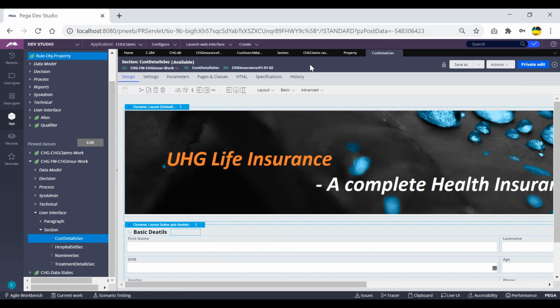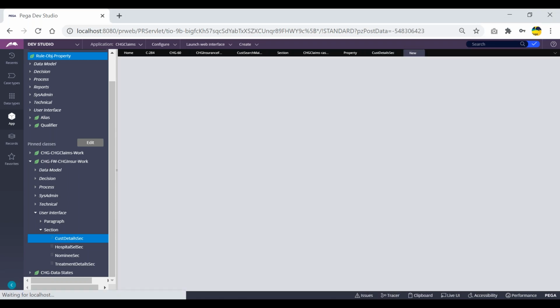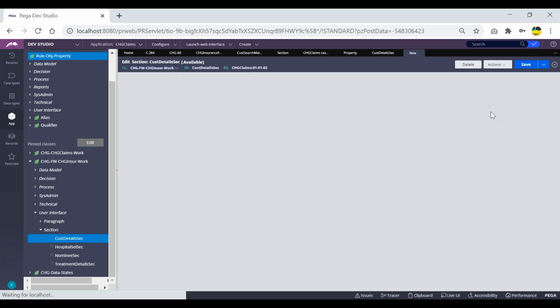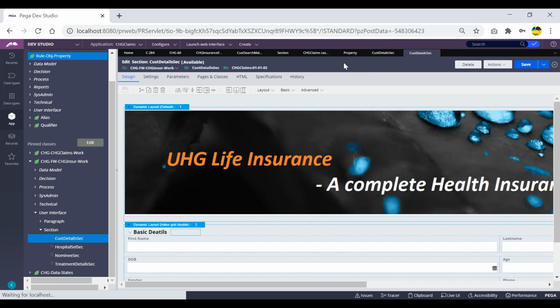Now I'm trying to save this as, in the implementation class, create and open. So can you tell me the class of this?